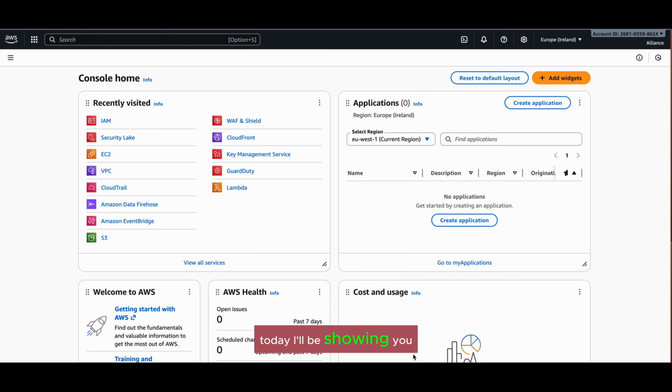Today, I'll be showing you how we can configure AWS and how we can integrate AWS with our Wazuh SIEM. Before that, let me tell you this video will be in two parts and this is part 1 of 2, because I need to make this video in such a way that you can understand the entire thing of Wazuh integration with AWS. So without delay, let's go to